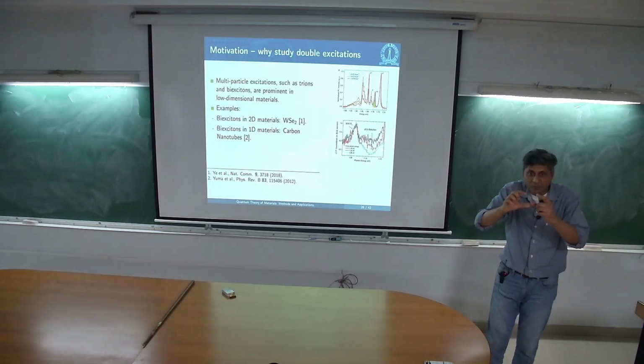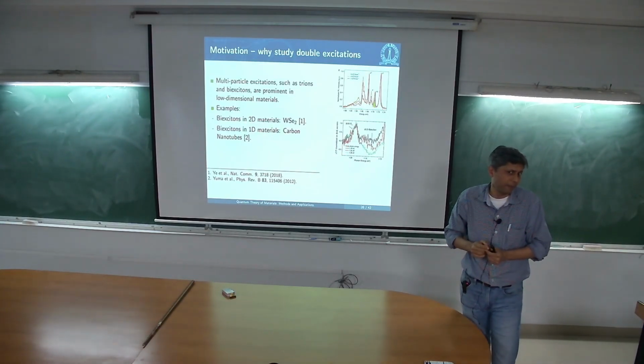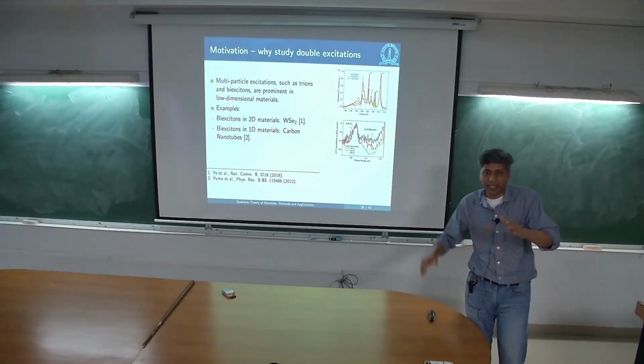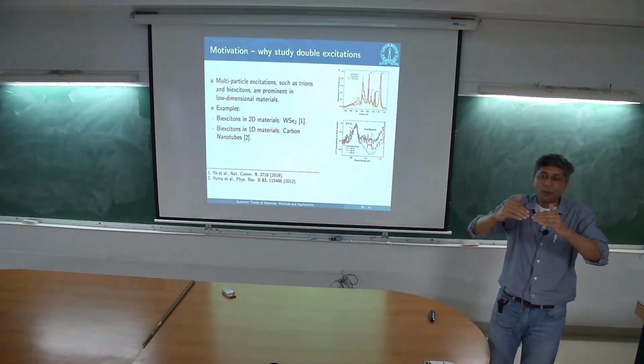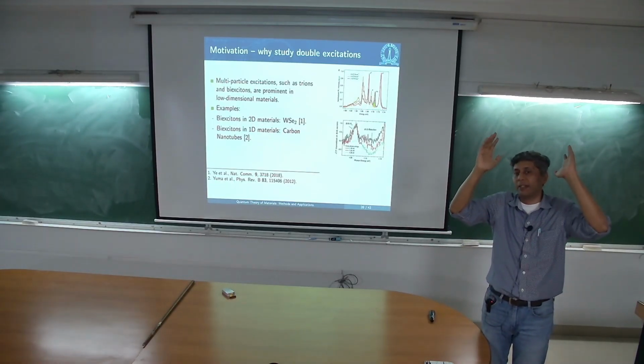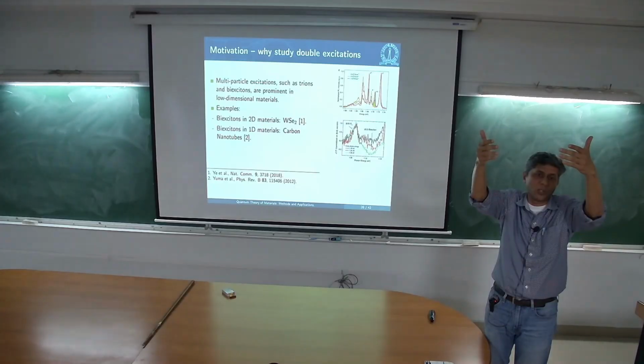Which attract each other, forming a bound pair. So what happens is you shine light, right? And if it were linear, nothing would happen. It would just show us a normal spectrum.